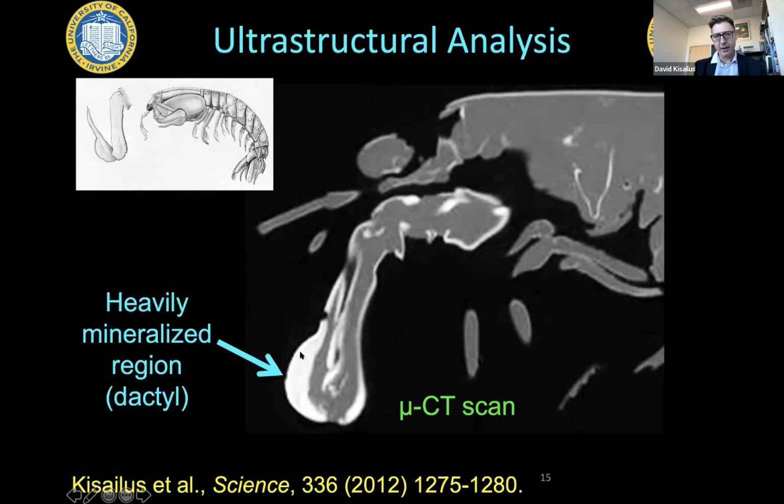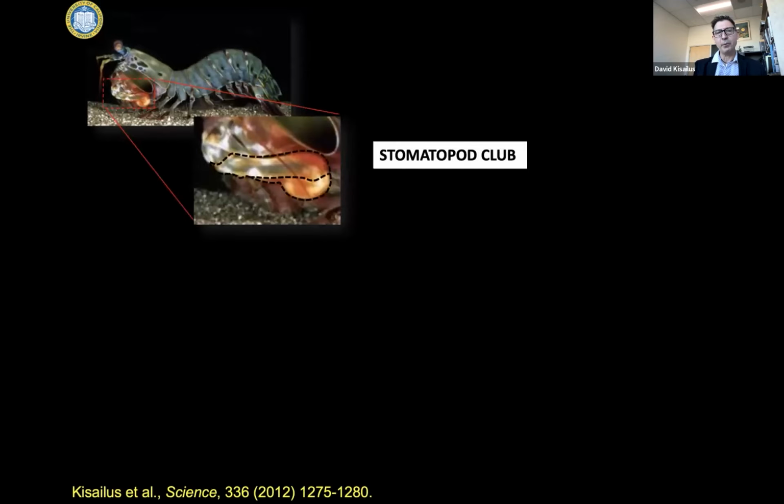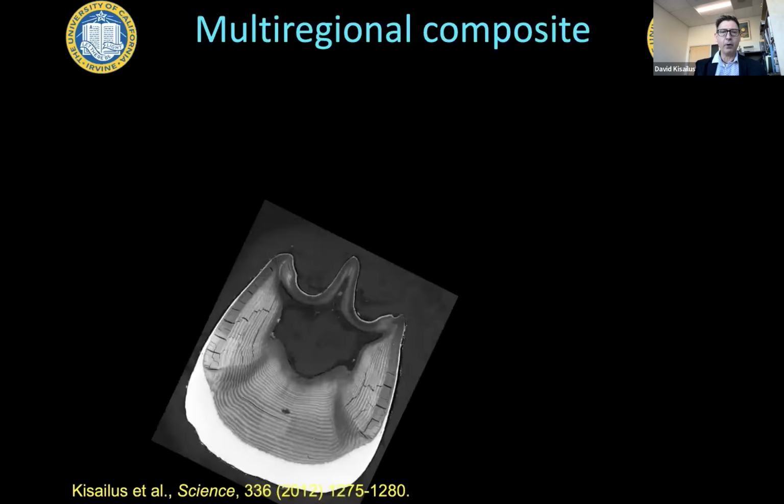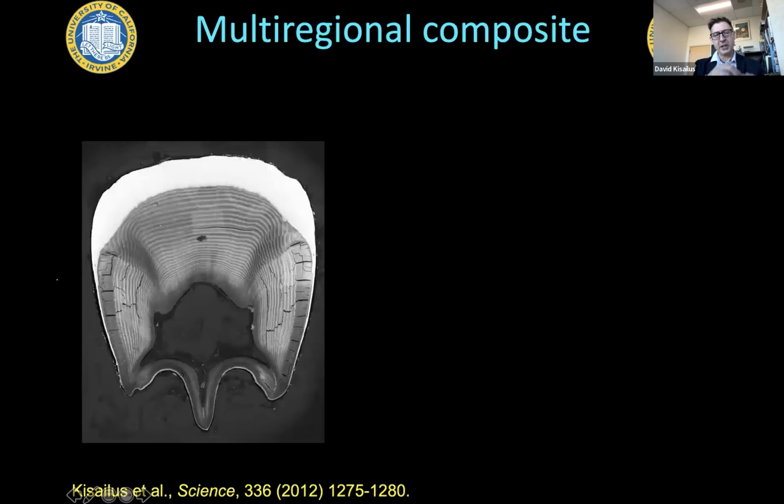And you can see the club itself is very heavily mineralized with some type of mineral. In fact, it's a calcium phosphate mineral, exactly the same mineral found in your bone, hydroxyapatite. And what we do is we take that club and we section it and determine what it looks like. So this is actually a cross section of its fist. It's used under a special scanning electron microscope in a special mode where the lighter contrast here means there are heavy elements inside. So this is the calcium phosphate. And then you see this kind of layered region underneath.